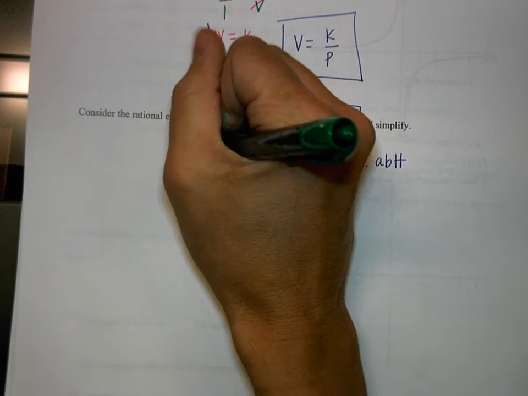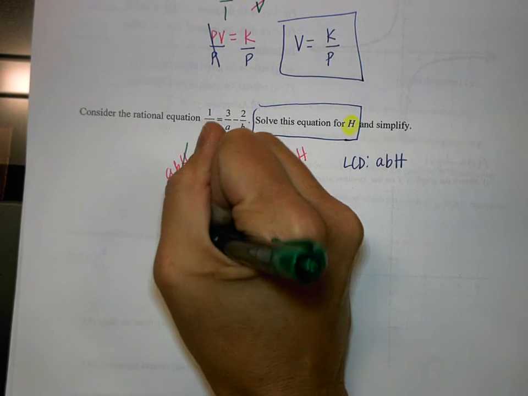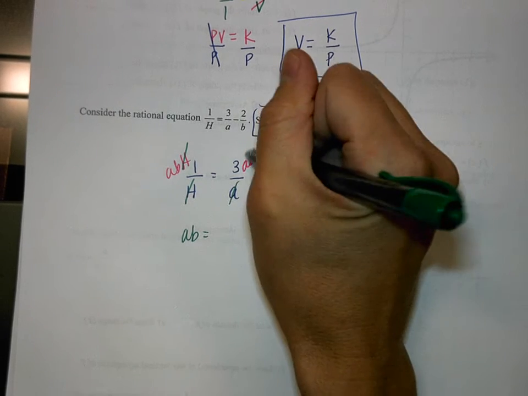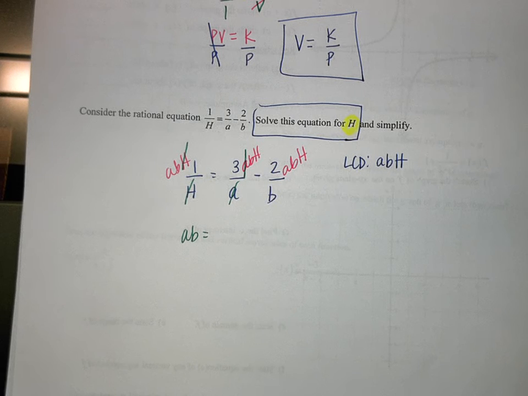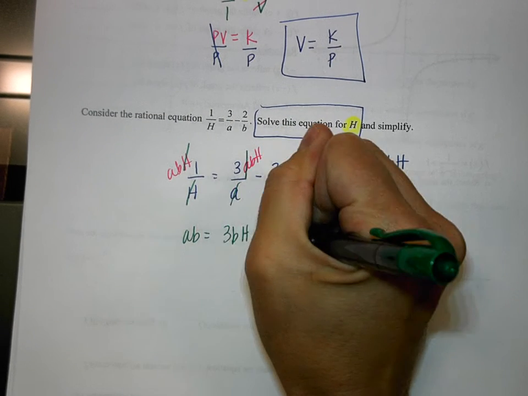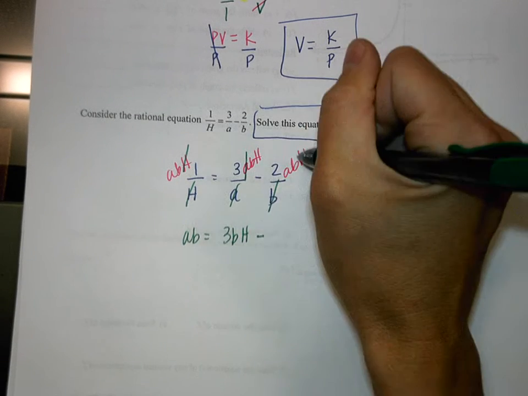The H's eliminate, and we're left with AB times 1, which is just AB. Equals. The next fraction, what happens? The A's cancel out, and we're left with 3 times BH, which is 3BH. We have minus, and then the next one, what happens? And we're left with